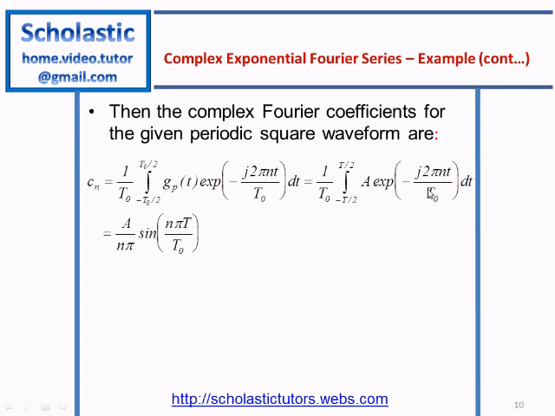So when you integrate this one, we can see this function here. Basically, when you integrate an exponential function, you get exponential alpha t divided by alpha. So after ordering some terms, you can end up with this function here. Basically, it's a sinc function. This one is actually 1 over n pi sine of 2 n pi t over capital T0, and because of the n pi down here, we can write it in this form: sine pi nt over T0, over pi nt over T0,